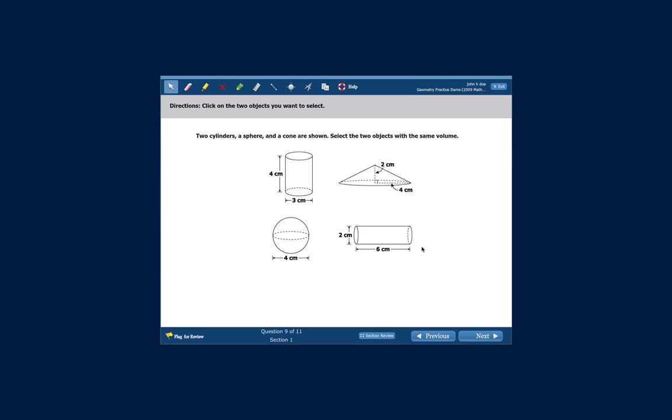Question 9 is an example of a hotspot technology-enhanced item. The gray directions banner at the top of the screen says, click on the 2 objects you want to select. To answer the item correctly, you will use your pointer tool to select 2 objects that answer the question. Before you answer this question,